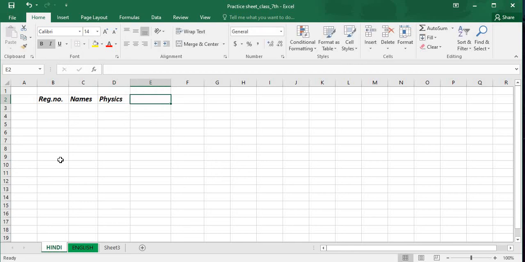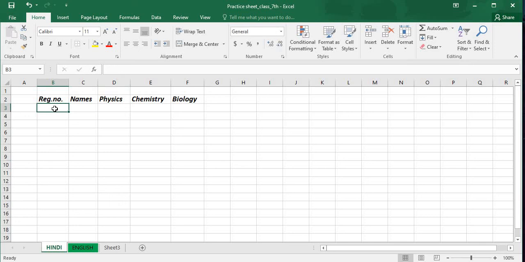Again in the next column write chemistry, and in the next column write biology. These are the headings.